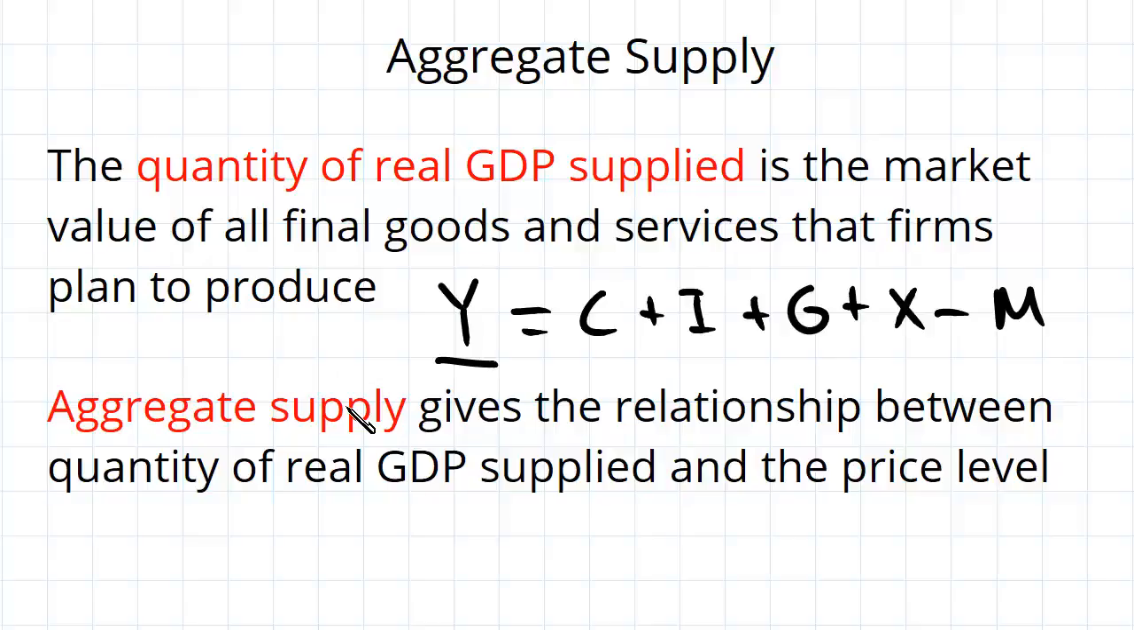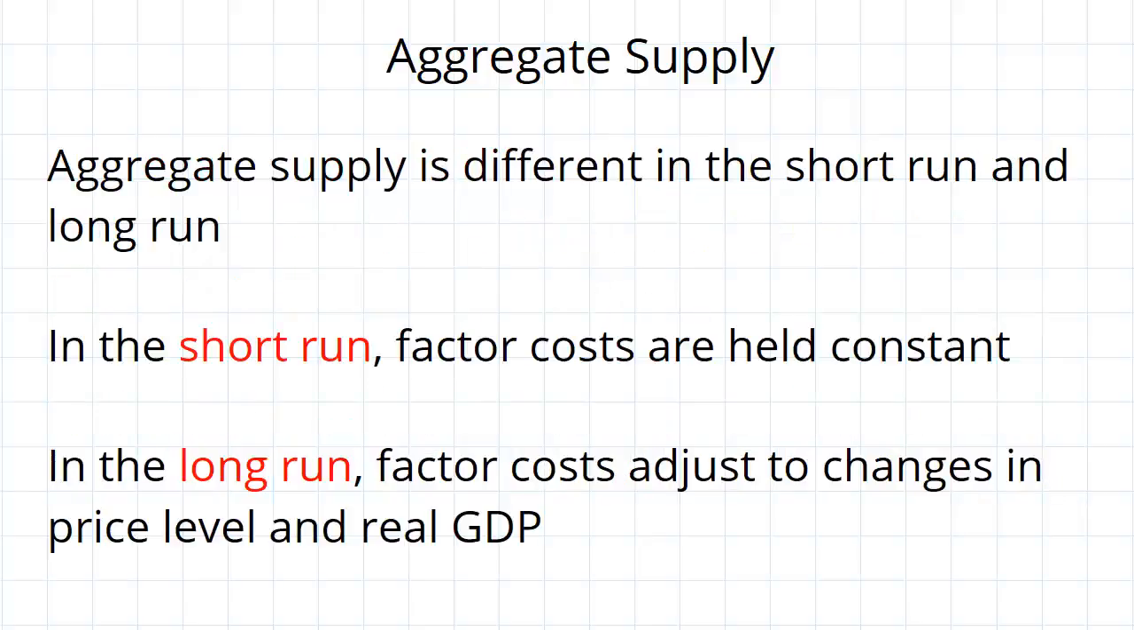So it's the relationship between real GDP supplied and the price level. Now we can further break this down into short-run aggregate supply and long-run aggregate supply. Now recall that we've looked